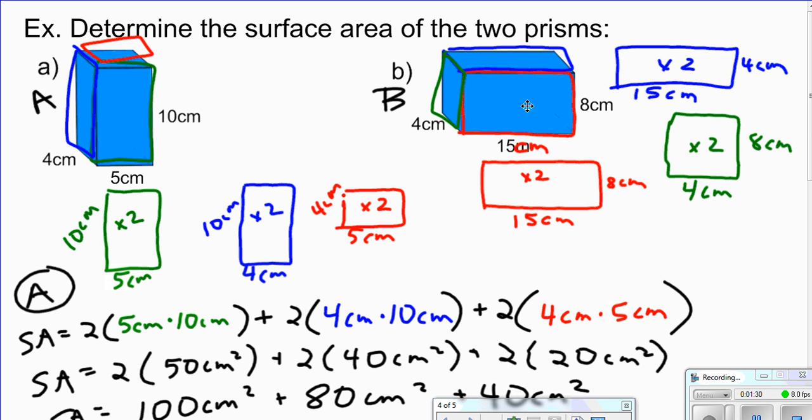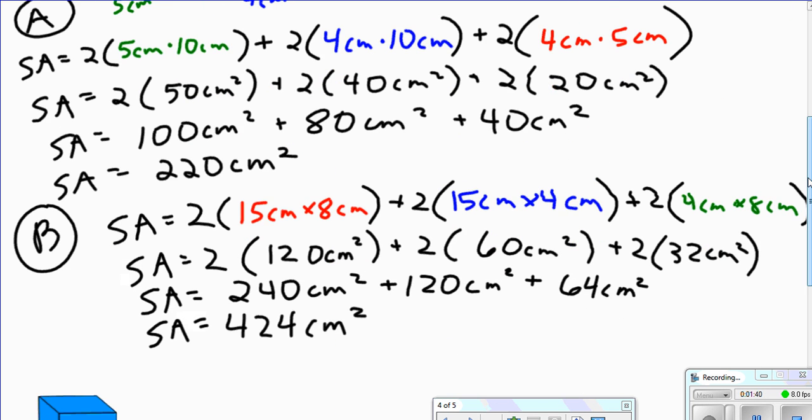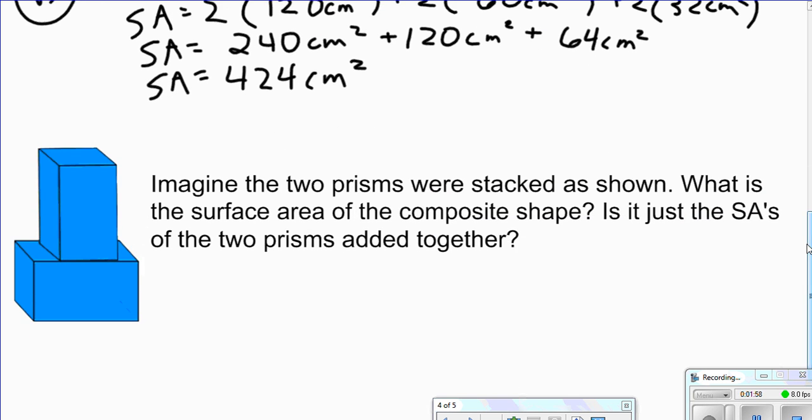And so again, we have the front times 2, the left side times 2, and the top times 2. If we scroll down a little bit, you'll see part B and the calculation. Again, all rectangles, so base times height, base times height, base times height. We finish all of our multiplying before we add, and you get a surface area of 424 centimeters squared. The reason why we did all of that work is so that we could answer the second one. And so in the second part it says,